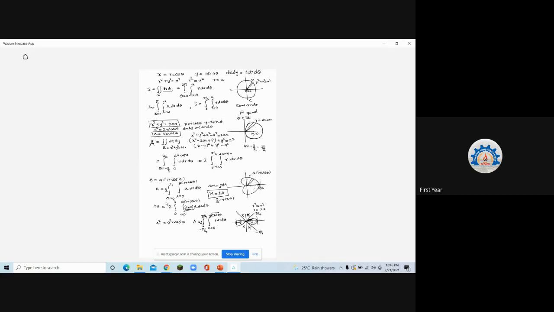There are some regions where the curve is absent because there r square becomes negative. So there is no curve. So how will you take the entire range? Are you getting it? Okay. So can we take some other limits other than pi by 4? 0 to pi by 4. Nothing other than that. You can take 4 times 0 to pi by 4, because both these lines are symmetric. Okay. Getting it. Clear?